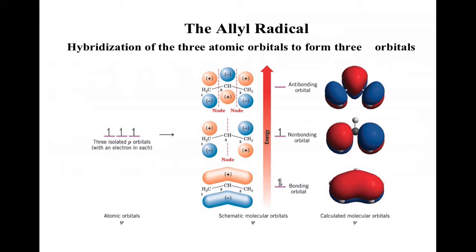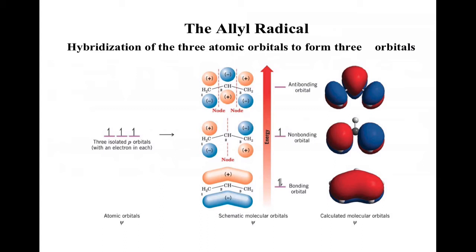When you drew those MO diagrams in Gen Chem, you took all the atomic orbitals and generated all the molecular orbitals. In organic chemistry, you just take the reactive atomic orbitals and make the reactive molecular orbitals. What do we know about s orbitals in organic chemistry? Usually not involved in much, right? So we kind of ignore them. So if we think about our propene system,